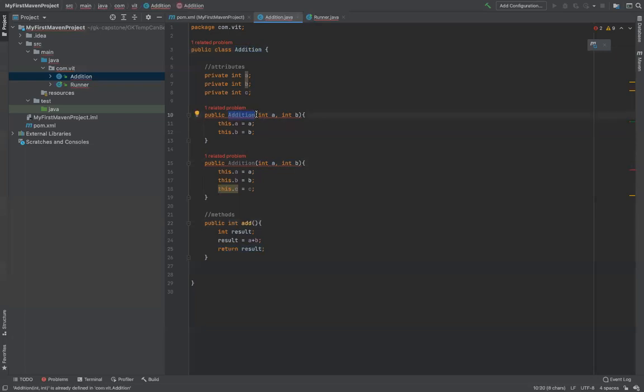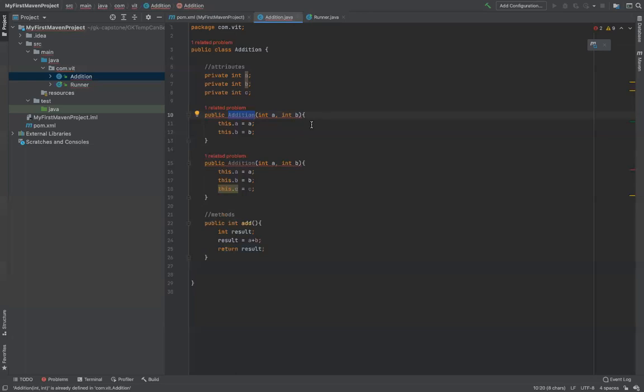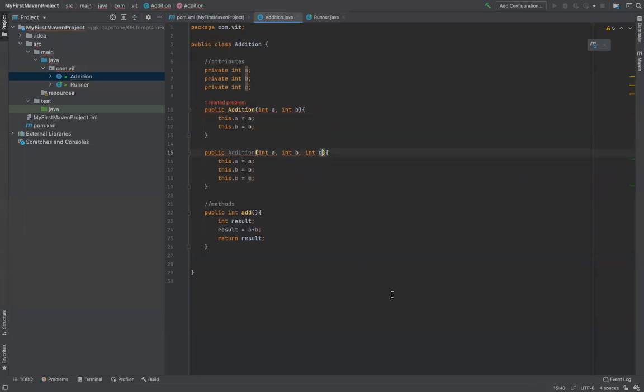So we are going to create more arguments so that we can change the signature. The way we are doing this is you're creating int c, and now the compiler will say, okay, these two are different methods. Error gone, I can understand these three are different, these two are different methods or different entities. So this is a constructor which accepts two arguments. This is the constructor which accepts three arguments, right?